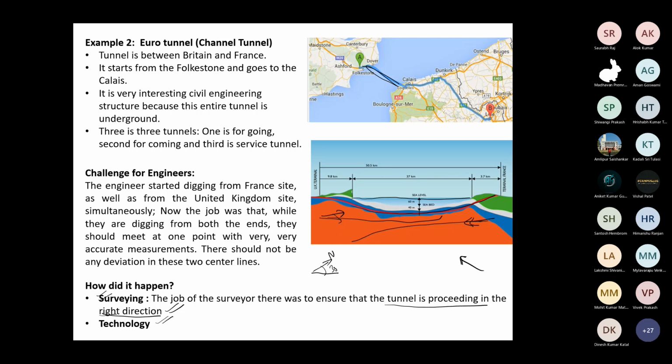From this side, and from this side you are also going with, suppose, 45°. So throughout this tunneling, you have to maintain that angle. Otherwise, suppose you change 45 to 47, what will happen? You start deviating. It will never meet. Are you getting my point? The direction of the tunnel proceeding you should know. You have to maintain that. You're following me?